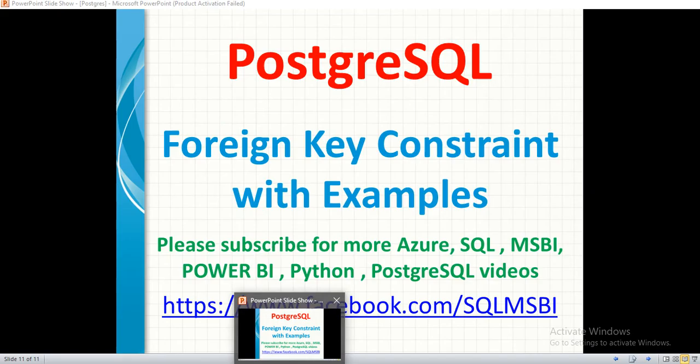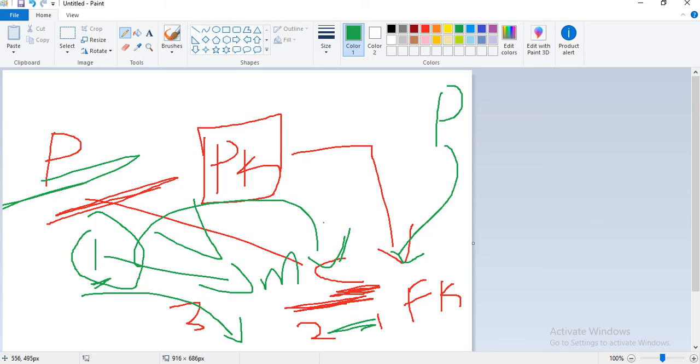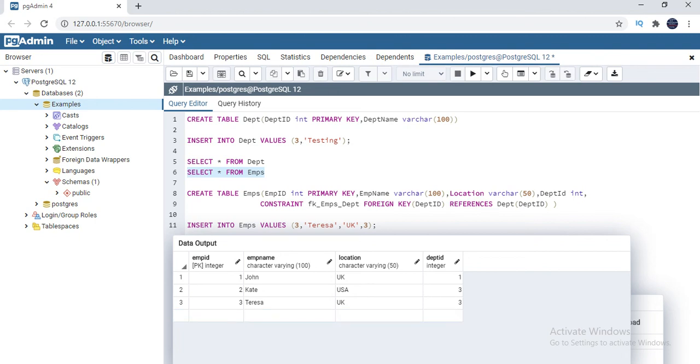On the whole, you are giving meaning to the data. Now assume that if the data allows it, let me try to insert one more, a fourth employee, Williams, UK. If my system allows this record, then the record is meaningless.